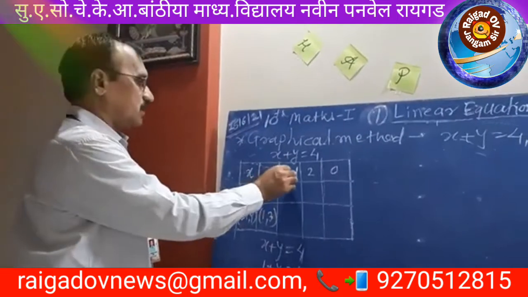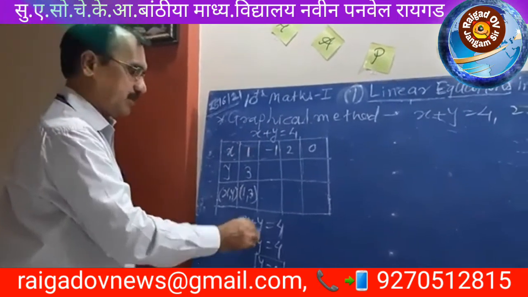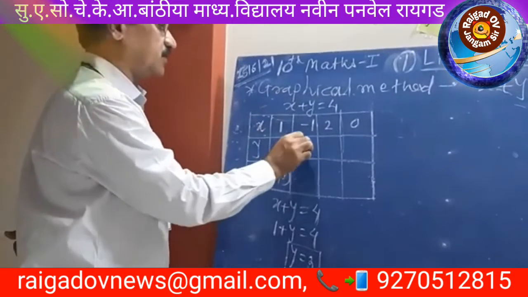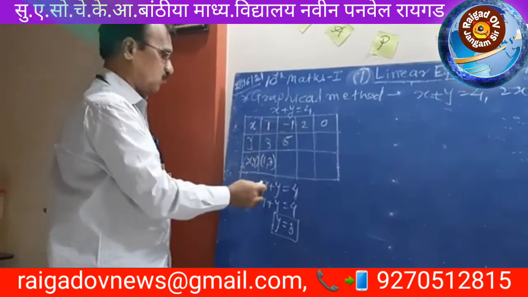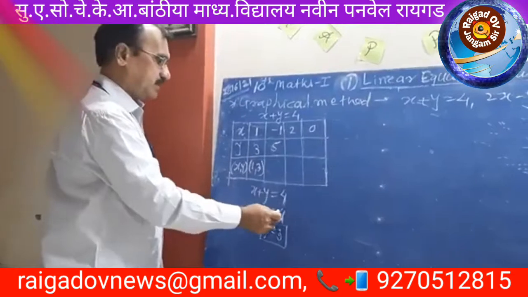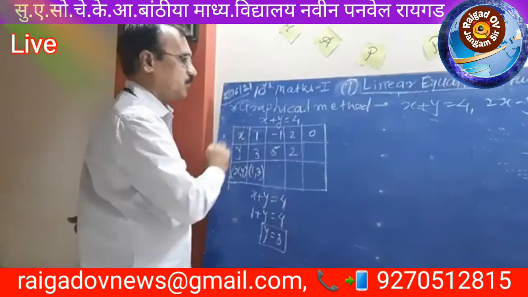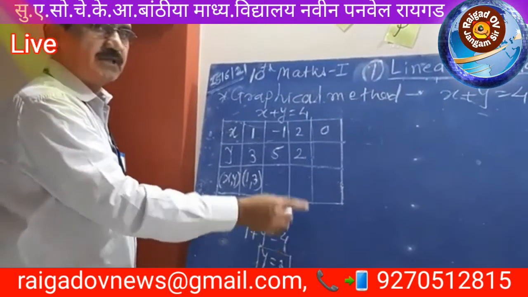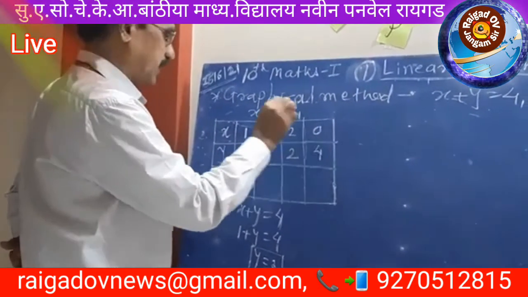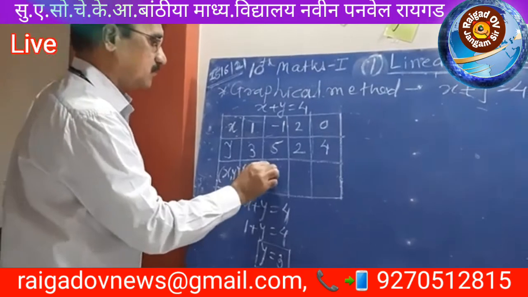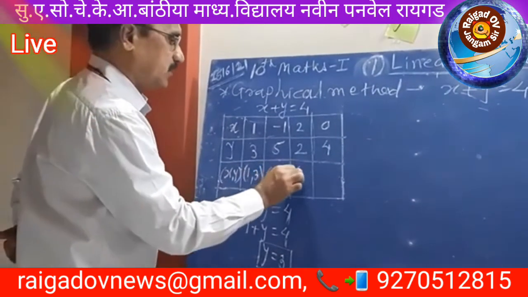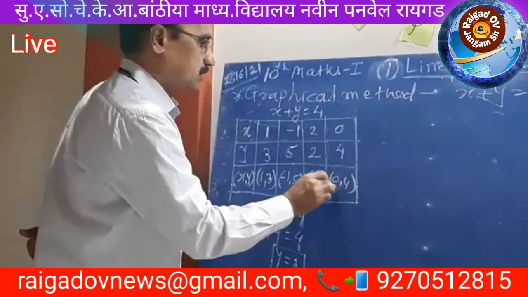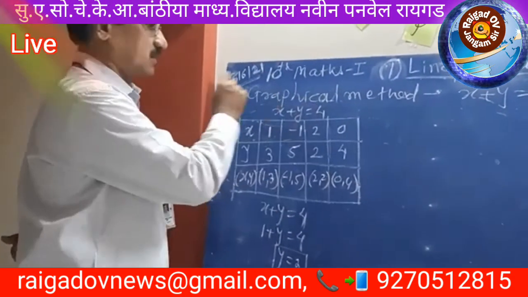Now here replace x by minus 1. Minus 1 goes on that side, that is plus 1. 4 plus 1, 5. We can write orally here. Then replace x by 2. Means 2 plus y, y is equal to 4 minus 2, that is 2. Then replace x by 0. 0 plus y is equal to 4. y is equal to 4 minus 0, no effect, 4 as it is. And that is (minus 1, 5), and (2, 2), and then (0, 4). These are the 4 coordinates of this equation.